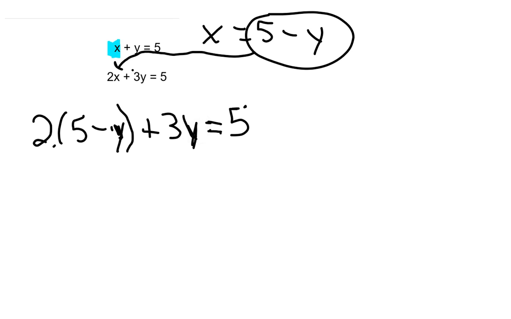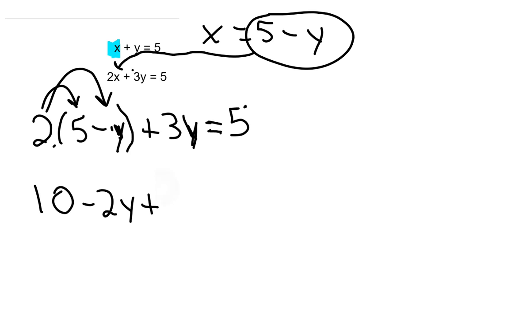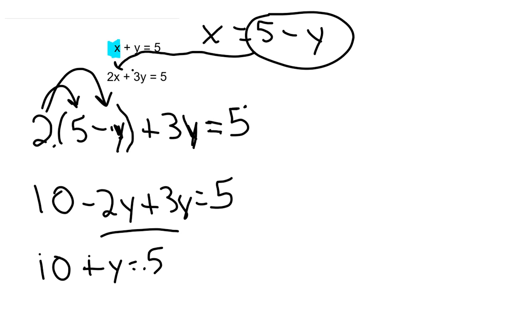And all I did was substitute that value of x. If I do my distribution, I'll get 10 minus 2y plus 3y equals 5. If I combine my like terms here, I'll get 10 plus y equals 5. I subtract 10 from both sides, I'll get y is equal to